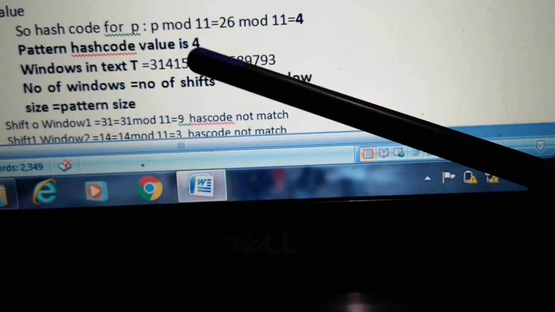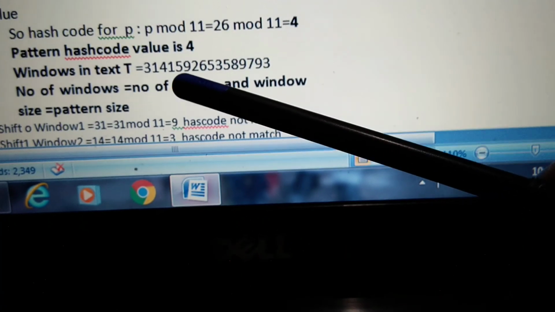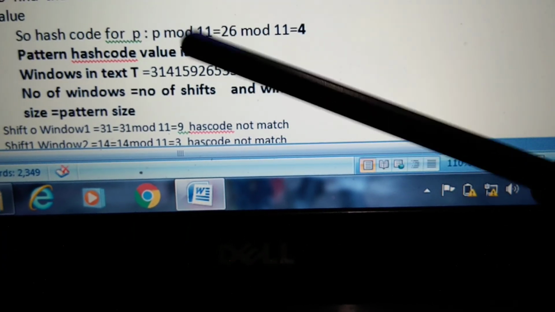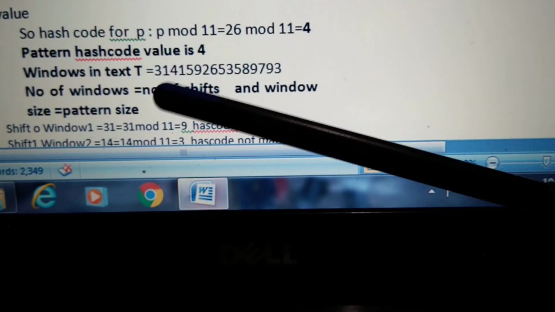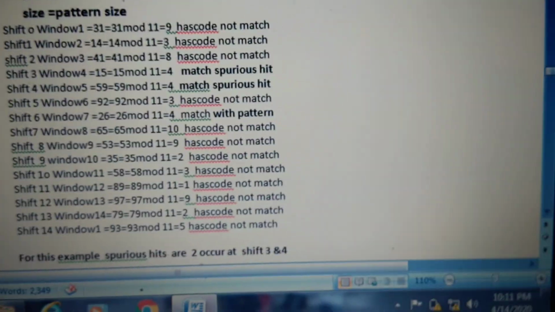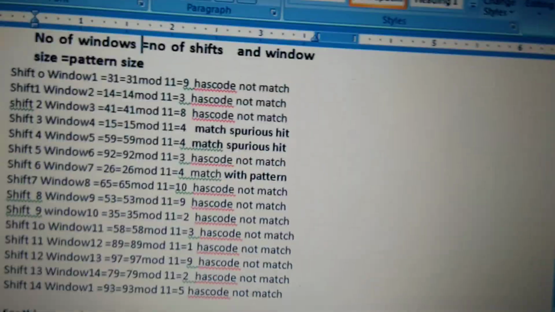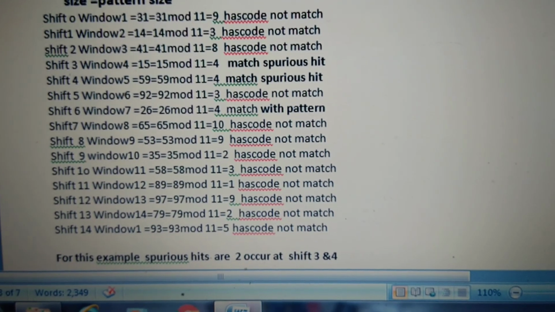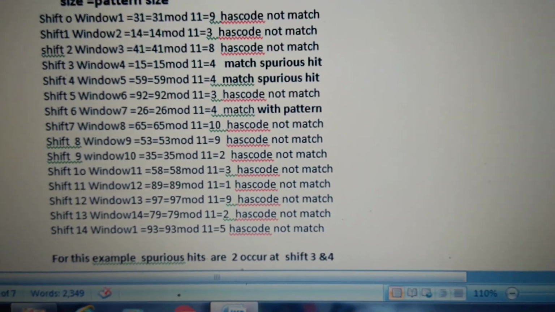Once you select the window characters, calculate the hash code for the window and compare it with the hash code of the pattern. If both are equal, then go for individual character verification. Now this is an example I have explained using the RK algorithm. I think you might have understood how to apply the RK algorithm for the given text to find how many times the particular pattern occurs, and we can also find how many spurious hits have been generated, and similarly how many invalid shifts there are in the total shifts.